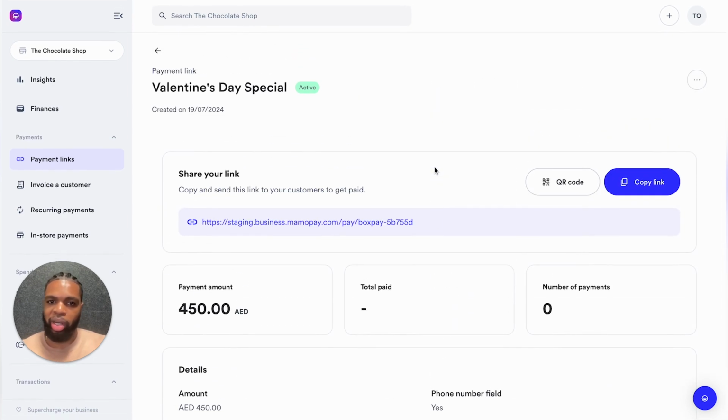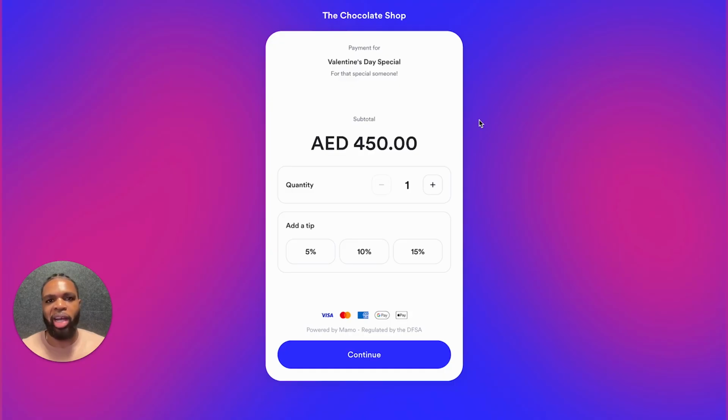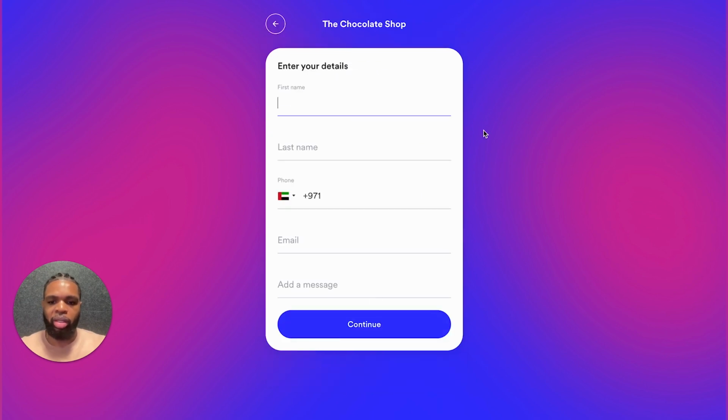So I'm going to go ahead and make a payment to this link. Upon accessing your payment link, your customer will be directed to this page where they'll see your business name, the title of the payment link, as well as the description that you set. If I continue, the customer will be required to provide their personal details as requested,